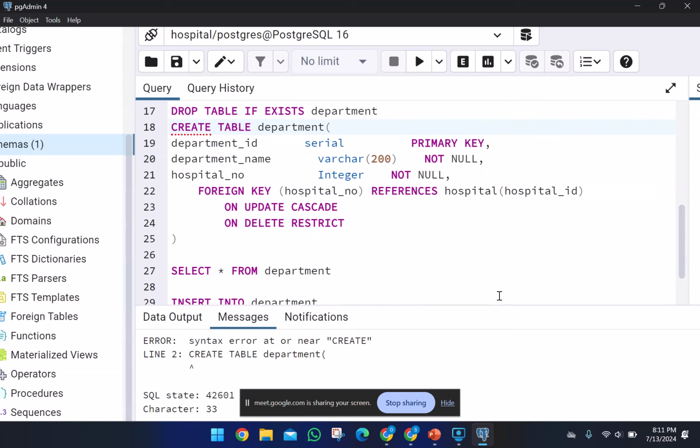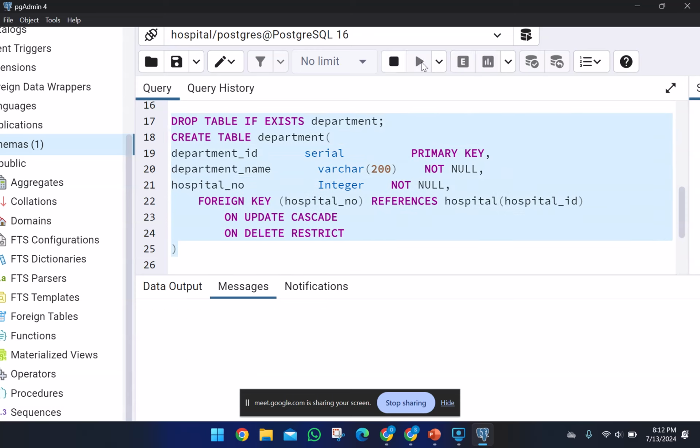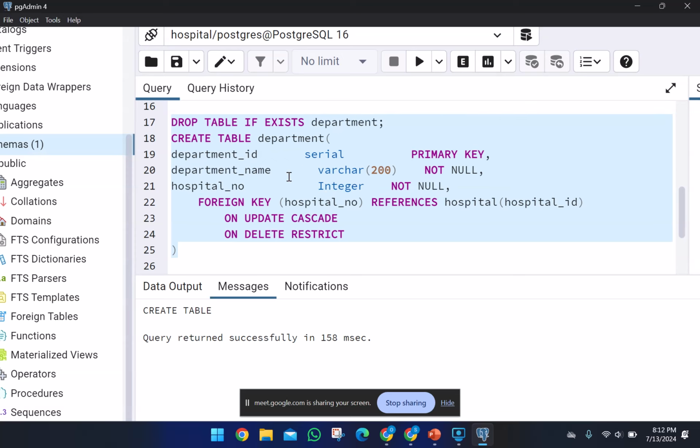It's showing that we have a syntax error. Okay, let's add this here and run again. Now it's successful. Now what this one simply does is that this table has been dropped and it has been created